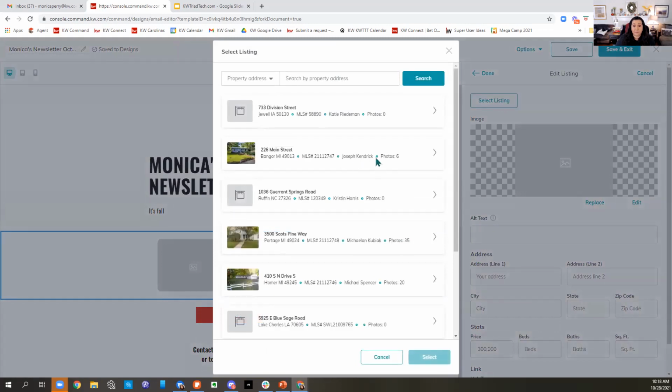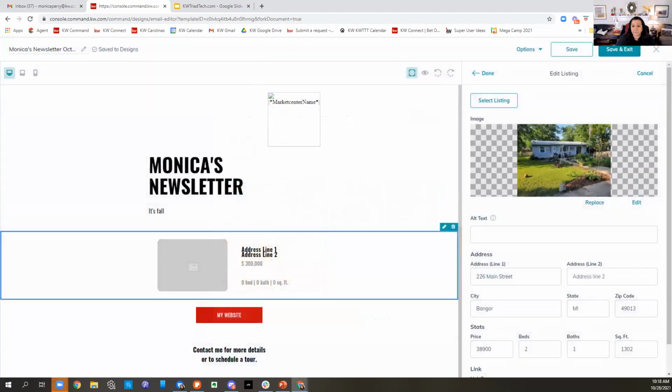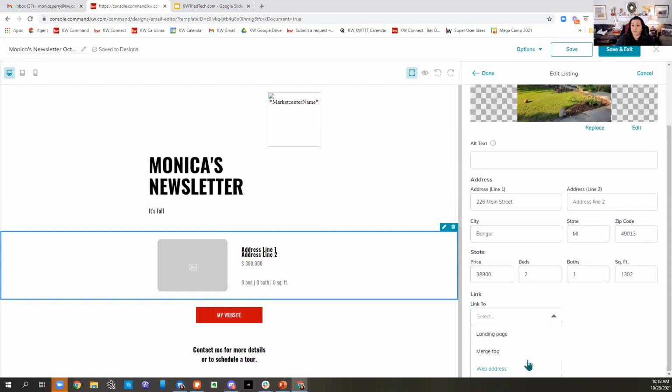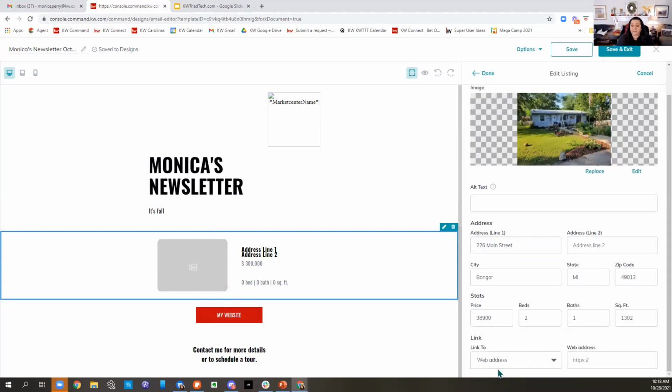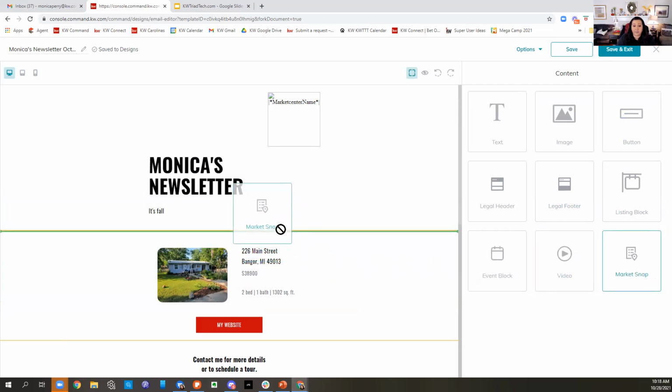I'm just going to grab this listing because it's convenient. Obviously, you would look for the one that you were really looking for, and then you can pick the picture that you want displayed and click select. You could edit any of this information that you want to, and you could even look this up on your website, the specific address, and link it to that web address so that if somebody clicked on the picture, it would open up that listing on your website. And then if I click done, it's going to pop that listing in there. You can also bring in a market snapshot,